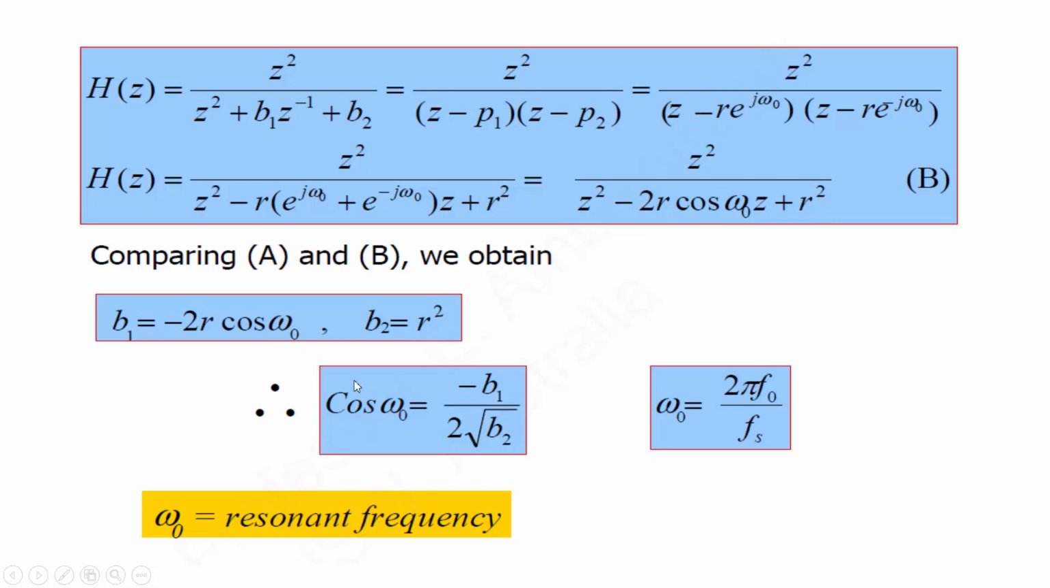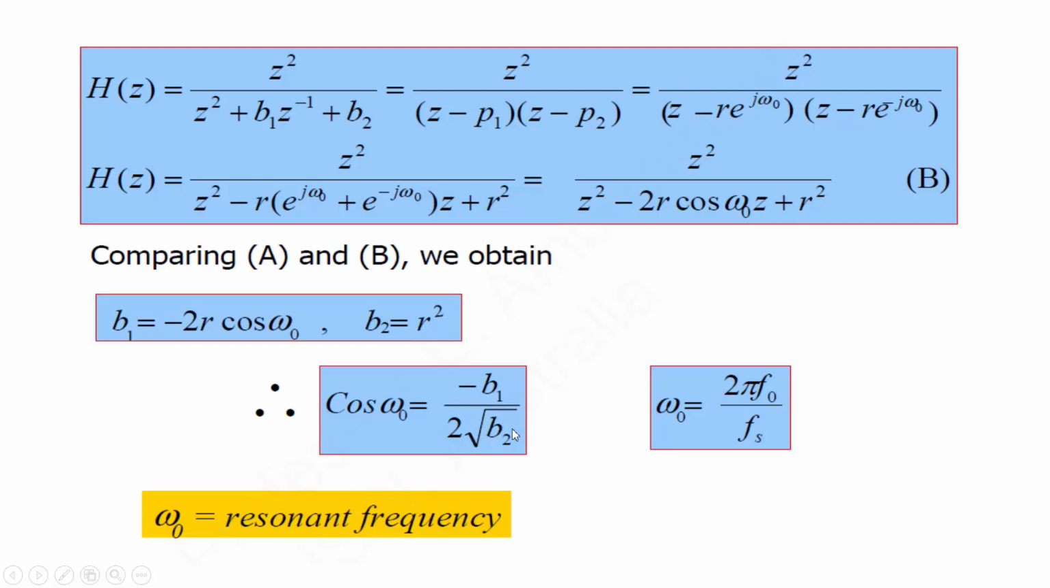From here you will be able to get cos omega 0. What will be r here? R will be under root of b2. So if you substitute the values, you will be able to get cos omega 0, which is minus b1 over 2 under root of b2,